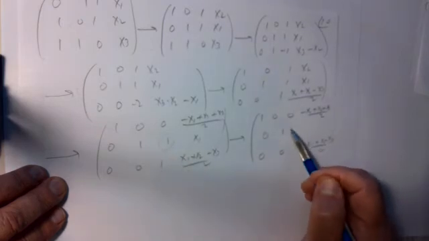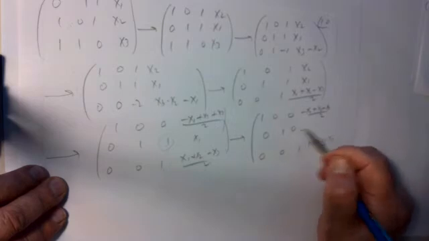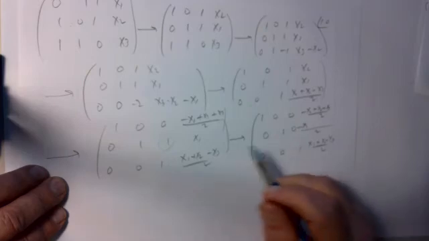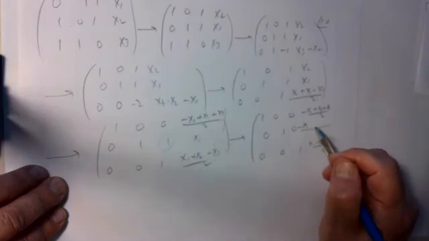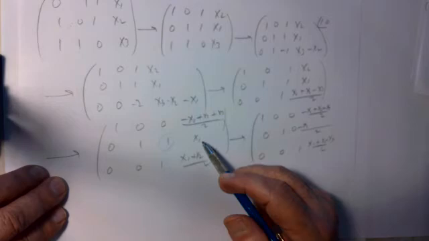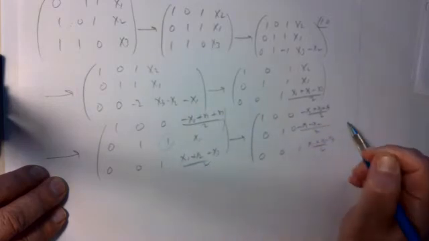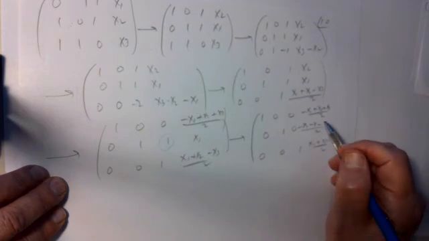Gives me 0, 1, 0. This minus this, everything over 2, is going to be minus x1 minus x2 over 2